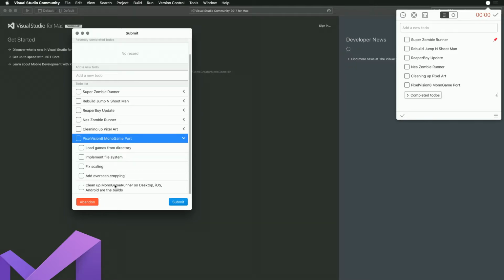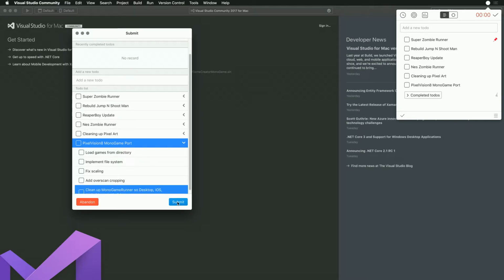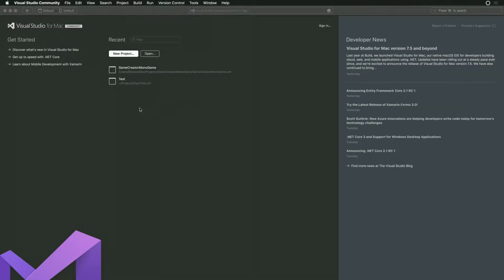I didn't get to do any of this stuff. Clean up MonoGame. So, okay, this is where we are. We're still in the first task. That's fine. All right, we're going to open up the game creator,